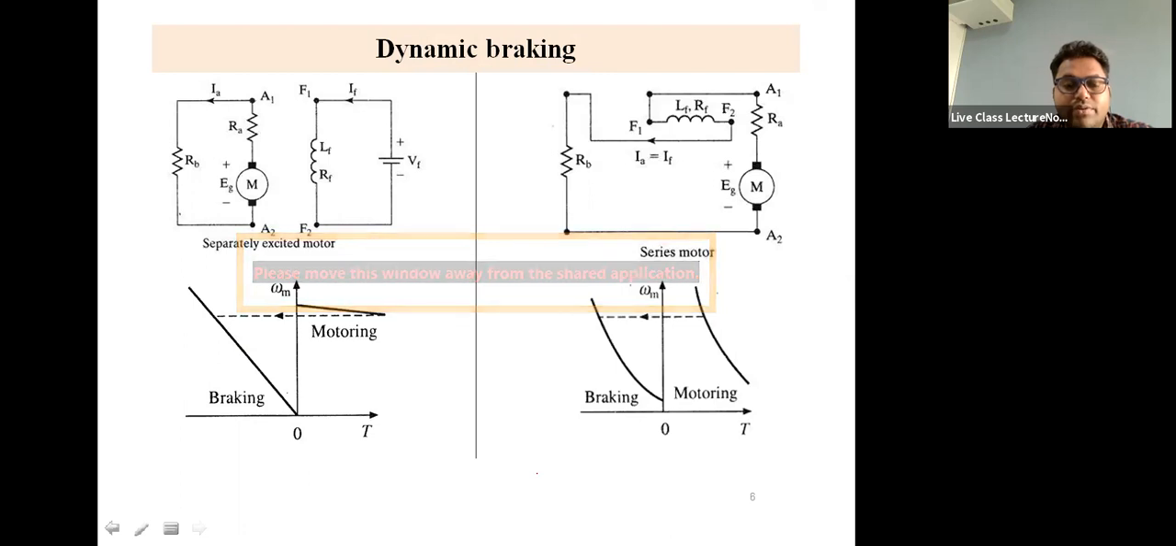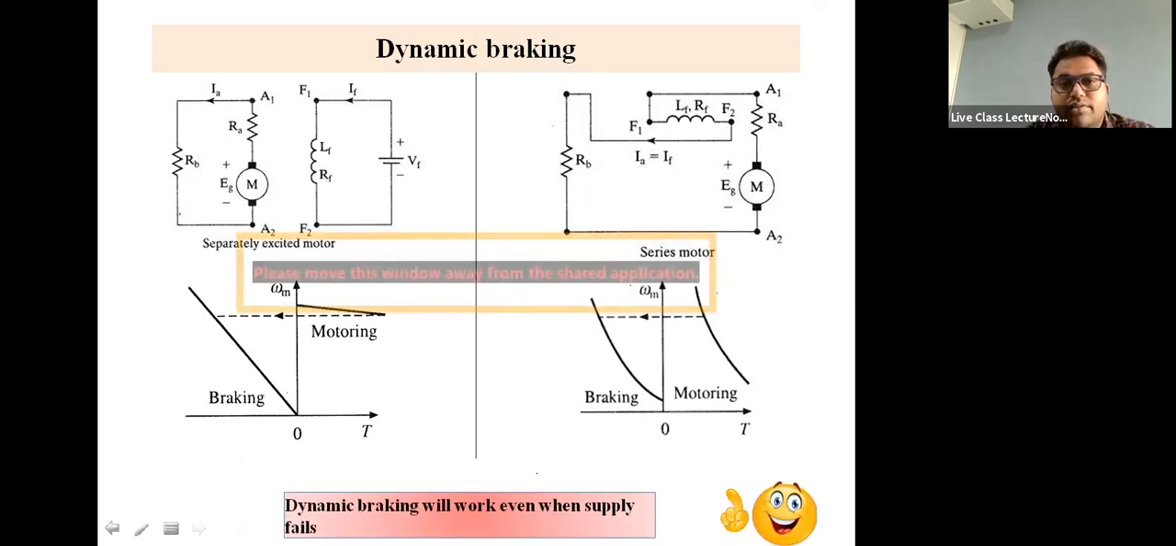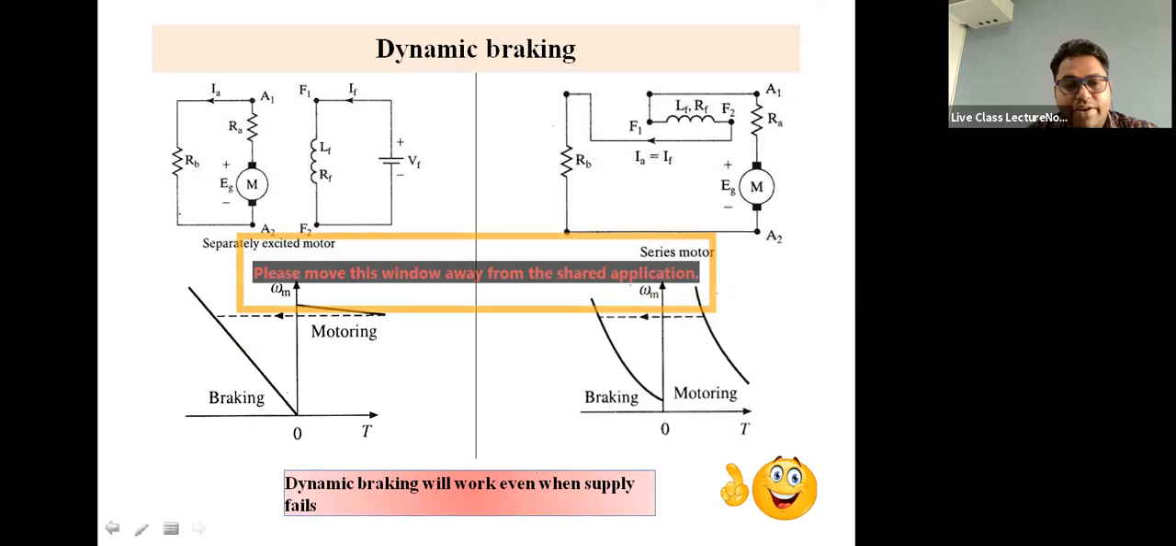Why non-linear? Because in a series motor, the torque depends upon the current square. And the final point is that dynamic braking will work even when there is no supply, because there are already